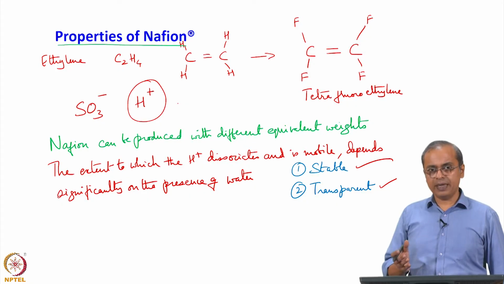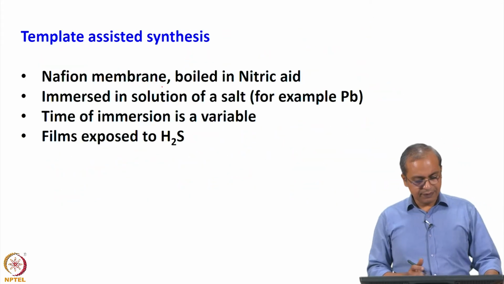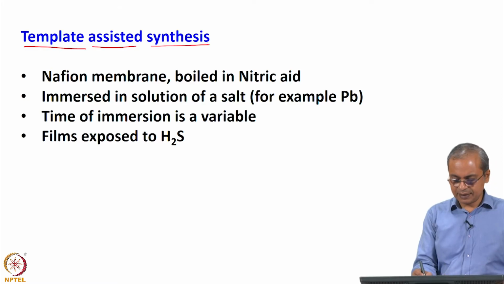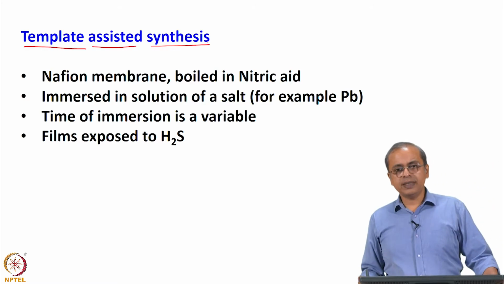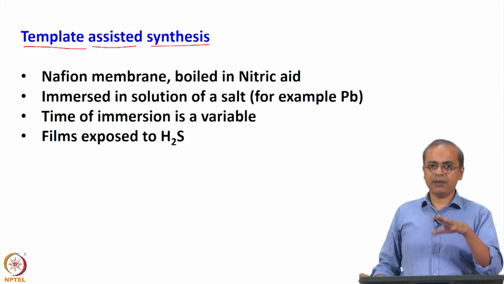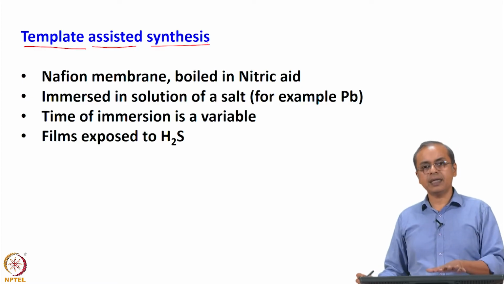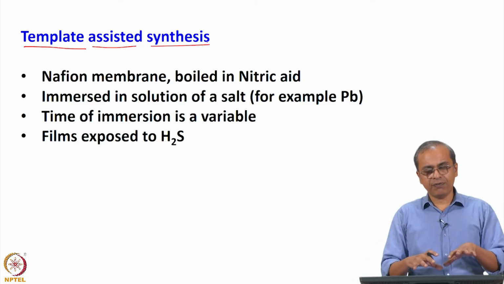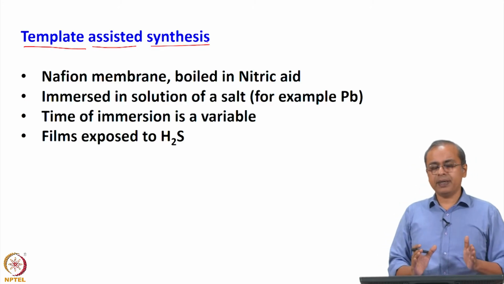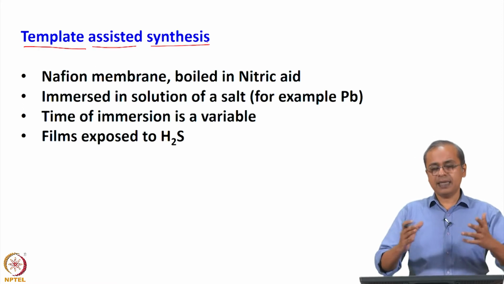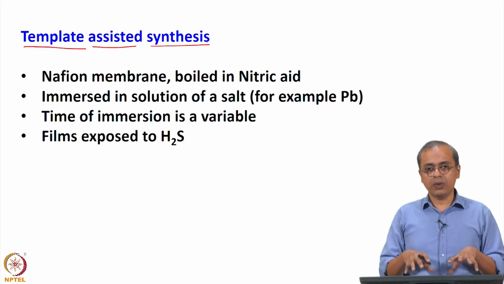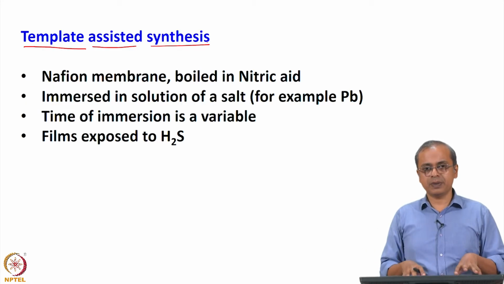So, this is something about Nafion, the host material, and let us now look at how that can be used to do what is called template assisted synthesis. Okay. So, to do this, what is typically done is a template. In this case we are talking of a Nafion template which has this acid form etc. to it. So, we will look at it from the perspective of what needs to be done to this particular template. So, the steps that I am discussing here have to be generalized a bit if you are trying some other template. So, if you are trying some other polymer membrane to mimic this kind of procedure that I am showing you here,